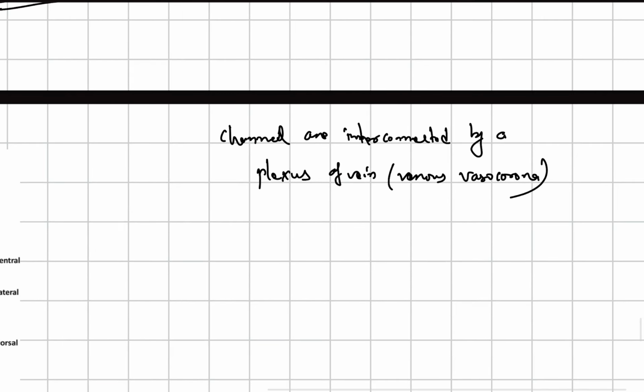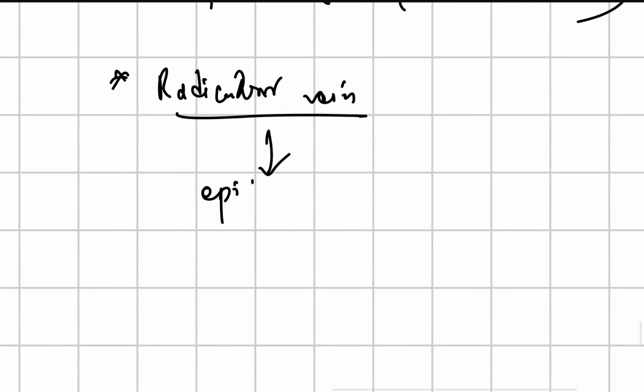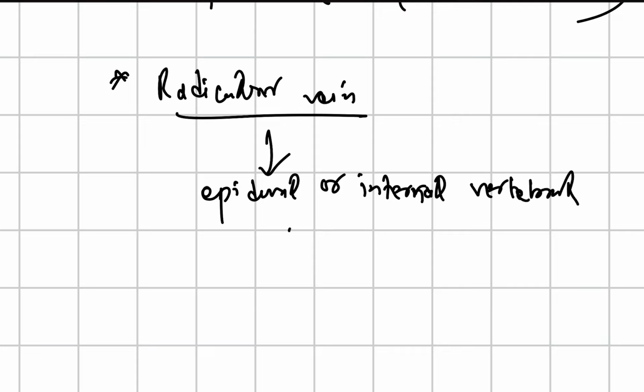and there is the radicular vein. The radicular vein is drained into the epidural, or internal vertebral, venous plexus,